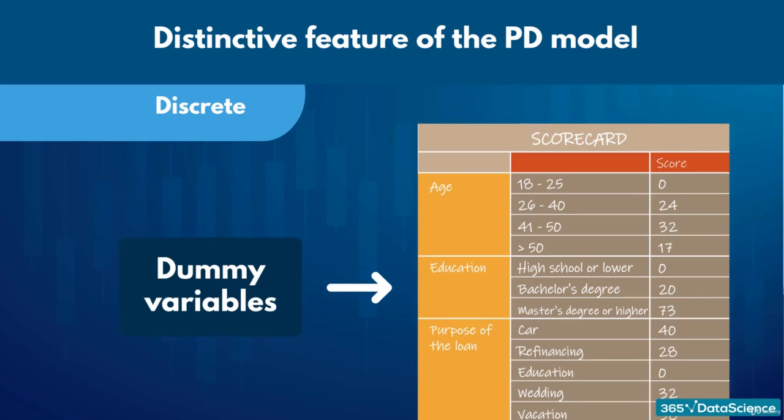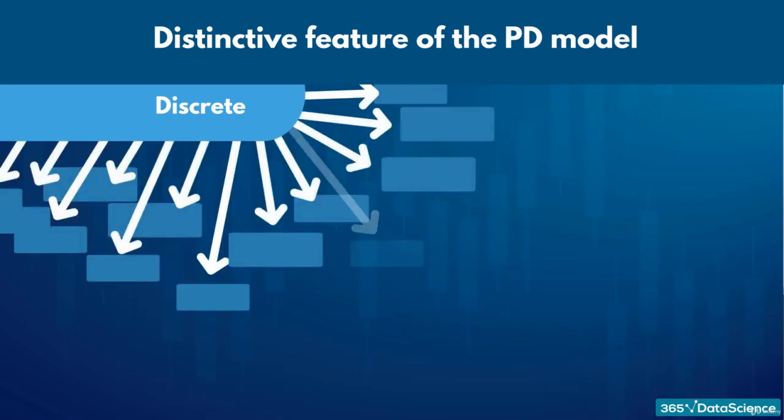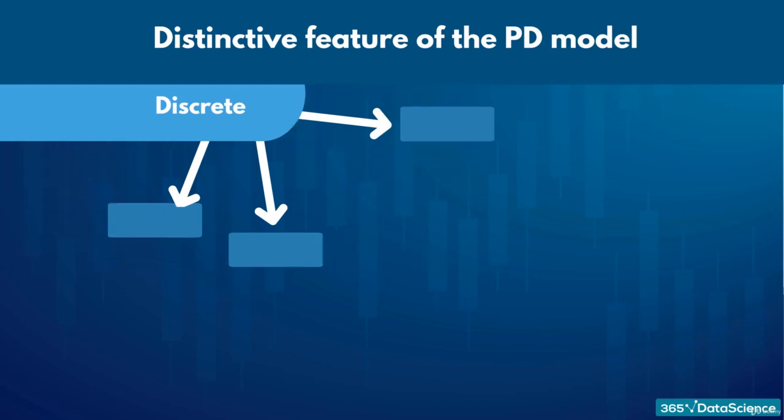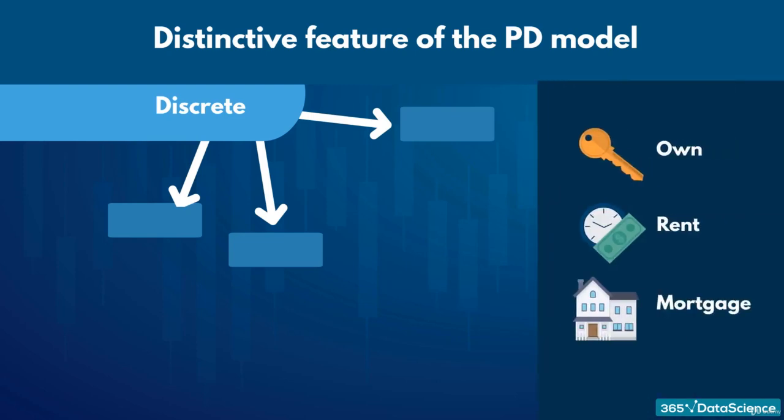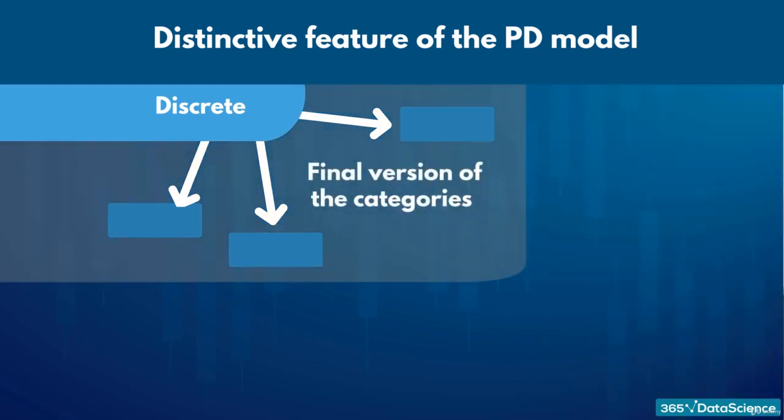However, some of these discrete variables may have too many categories, or the information they hold about the differences between defaulted and non-defaulted loans across some of the categories may be negligible. In this case, we will combine 2 or more categories into a new category, ultimately aiming to reduce the total number of variables. One example for this operation is home ownership, as very few of its categories will make a real difference. Only when we've reached a final version of the categories, we will proceed to creating dummies.